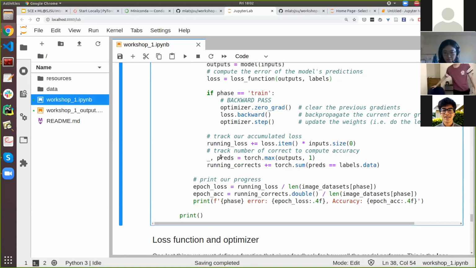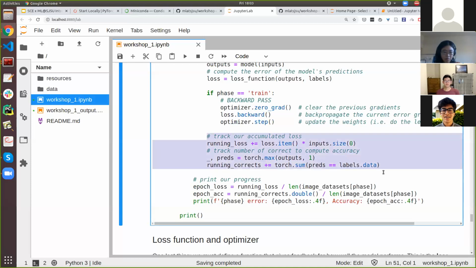So that updates the weights, and you only do this during the training phase. You don't want to optimize during your validation phase. Otherwise, it's just a training phase again. Okay, and then now we keep track of our running loss, which is just how off we've been, and then our predictions,